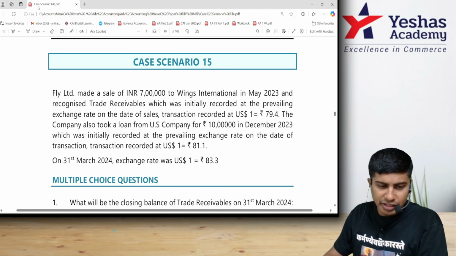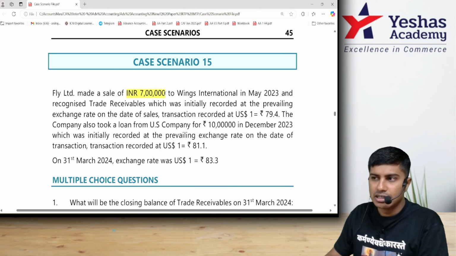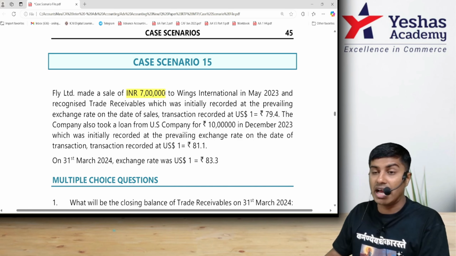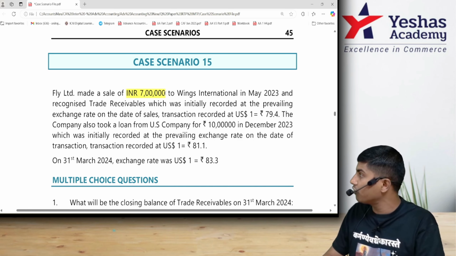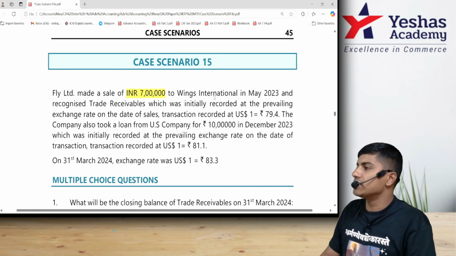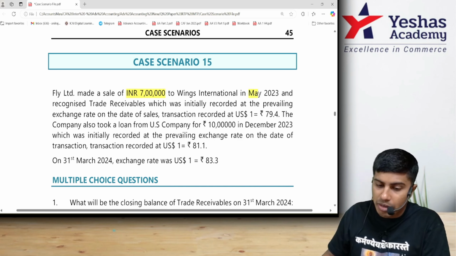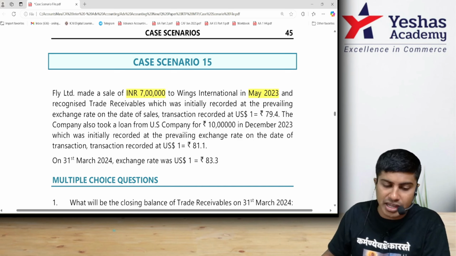Fly Limited made a sale of INR 7 lakhs. The sale is given in INR, they've not given it in dollars. Be careful here. INR 7 lakh to Wings International, our debtor, our customer, to whom we've sold goods. When? In May 2023. And recognized the trade receivables initially recorded at the prevailing exchange rate on the date of sale. That is